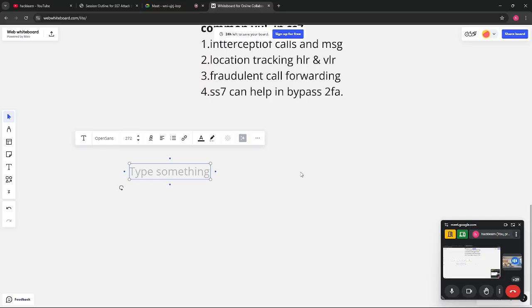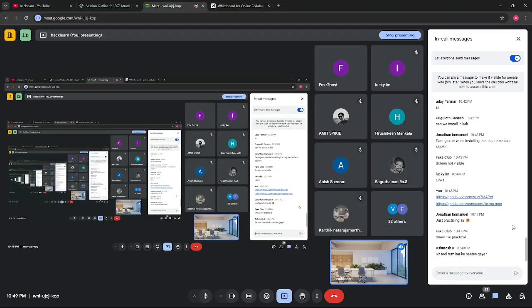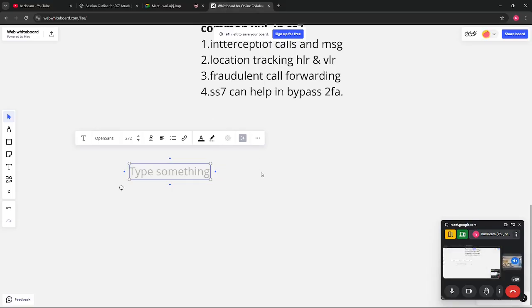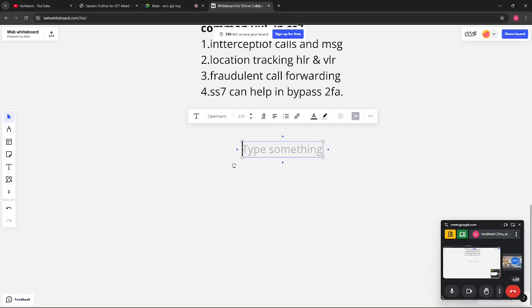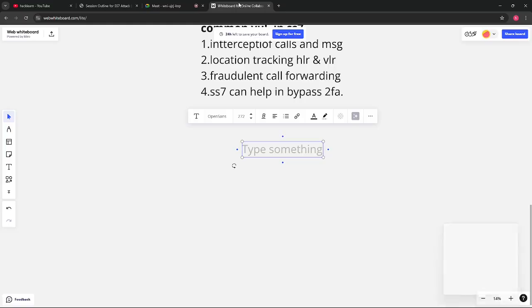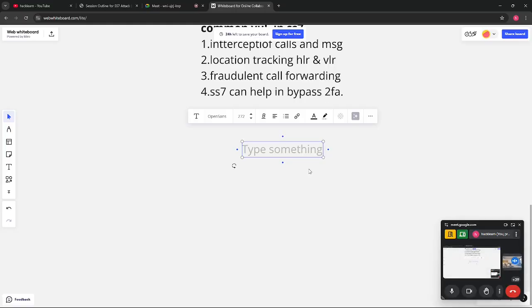Just text me on WhatsApp after this session. I will provide you the actual code if you genuinely want to practice. Yes, I have a genuine reason to use this tool. I missed mentioning how to use it, and that I also need to provide you all the tools. Don't worry, I will do that. I have the owner's permission, and I also have the IMEI number of the phone. Okay, no problem. Just after the class, I will provide you the code. Text me. Sure, sir, I'll text you, or otherwise I'll call you tomorrow.